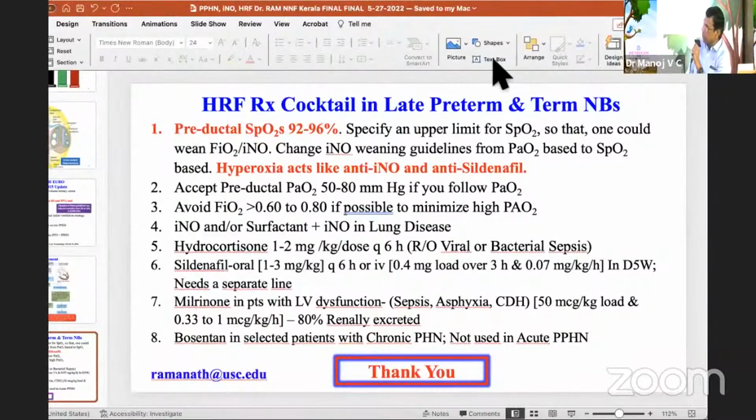That was an excellent talk, Dr. Ramanathan. I do remember meeting you in Coimbatore a few years back in a meeting when you spoke on surfactant therapy. Now, quickly, if you have any questions from the audience,